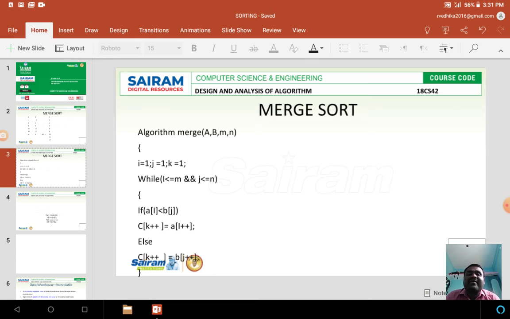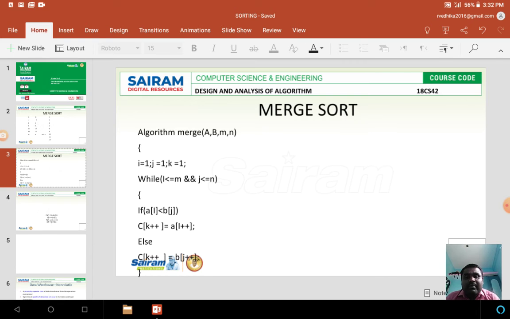Next, if I have only one element alone in this array, I need not sort it. So I have written the algorithm for merge sort with A, B, M, N, where A is one array, B is another array, M is the number of elements in A array, N is the number of elements in B array. Next I have written i equal to 1, j equal to 1, then k equal to 1. Afterwards I am checking if an element of A array is less than an element of B array, I will place the A array's element in C array.